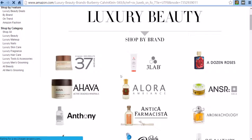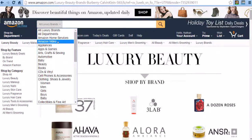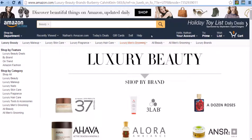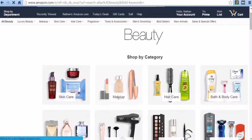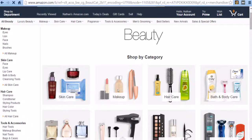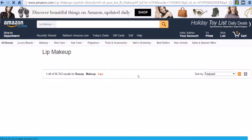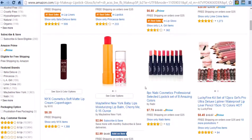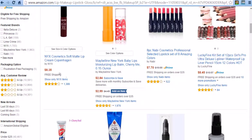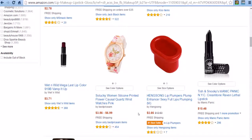I'm just trying to show you that Amazon's a decent way to go, but it's not my preferred, simply because of the way they pay. So we'll just go back to beauty. We'll do makeup. Sure, why not? So once you pull up a section, I know a lot of girls are really into makeup and stuff like that. Even some guys, if that's your thing, cool. But you've got to pay attention to how much they charge. So if they're only charging like 13 bucks for stuff, 6 bucks, 2 bucks,